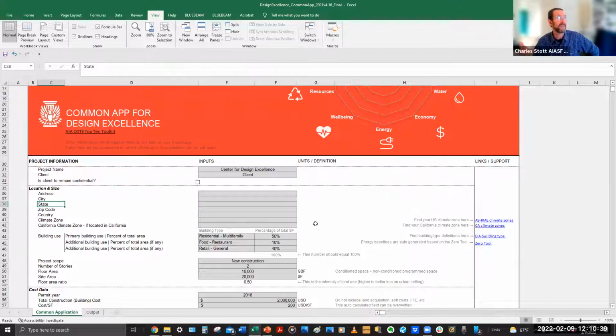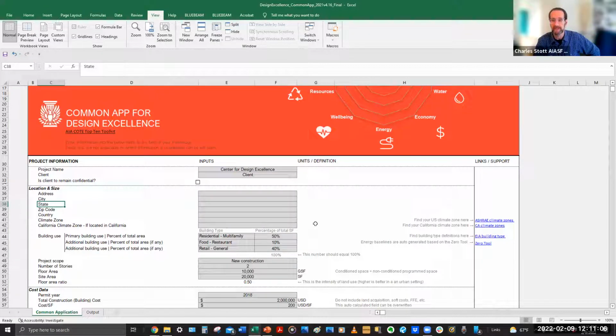And first off, I just want to say the Common App is just to broaden out the conversation. It's something that the AIA National has developed, and I think will be using. They're not using it on their national awards yet, but California has adopted it. Many states have adopted it, and many local jurisdictions have adopted it with some minor tweaks. So if you're in California, doing California projects, our Common App is the same as AIACA's Common App.